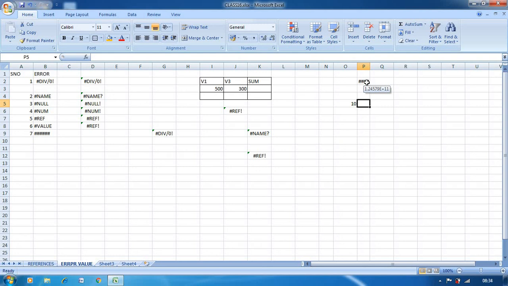E means exponential, it is 10 raised to. If the value does not fit in the particular cell, at that time it shows hashes. What you have to do is just increase the width of the column. Automatically it will change and it shows the number.